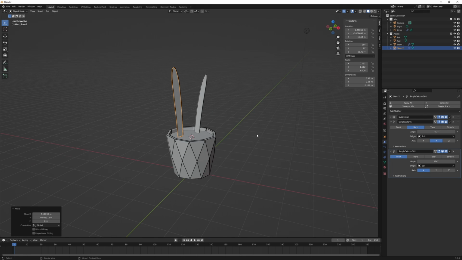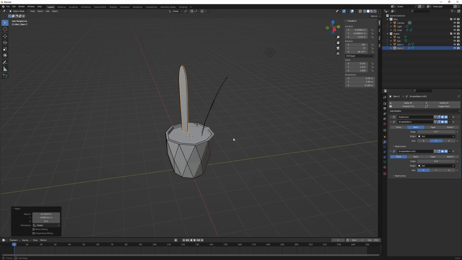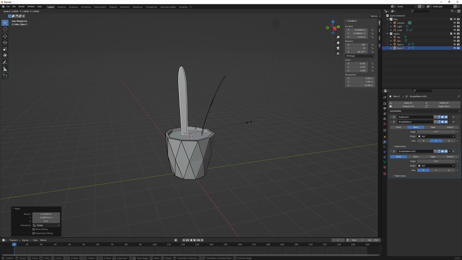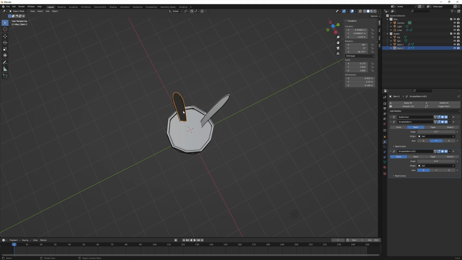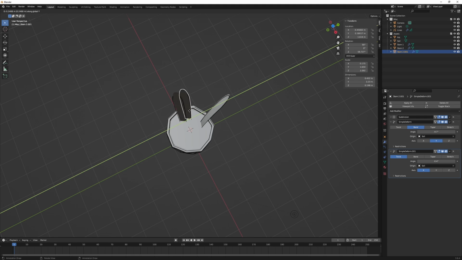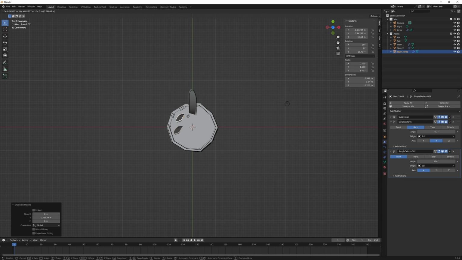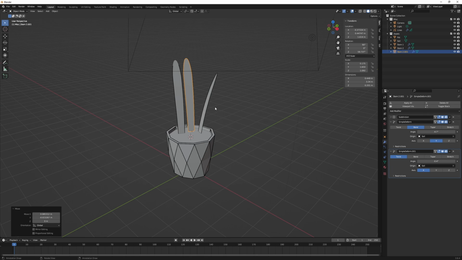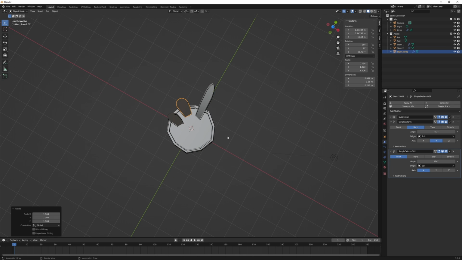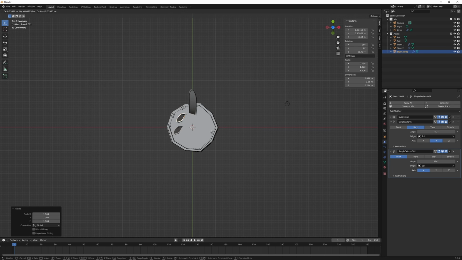I'm going to change the axis to Y. So there's our second stalk. Now we'll hit S, and you see I'm scaling from the bottom now, which is what I wanted, so I'm going to bring that up just a little bit. So I'm going to Shift D again and click Y to constrain to the Y axis and bring that over. Hit 7 to go to overhead, G to bring that in just a little bit. And then we hit S to scale that up. I'm actually going to hit G again and bring it a little closer to the middle